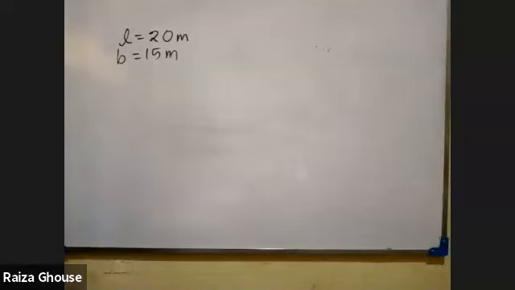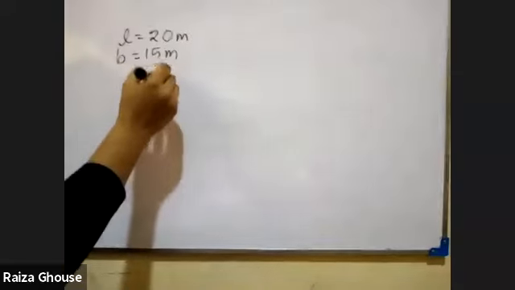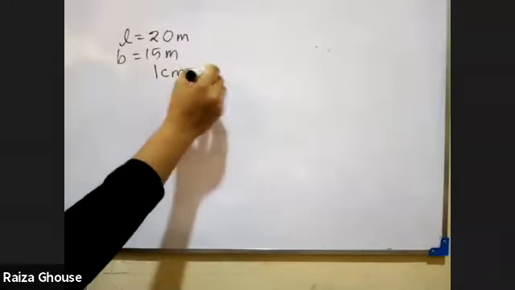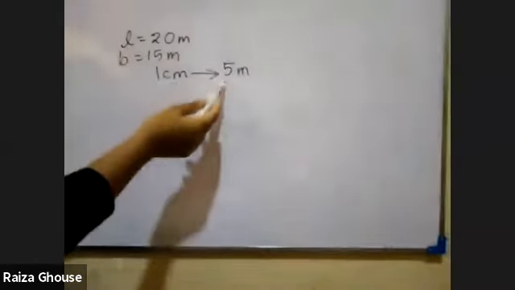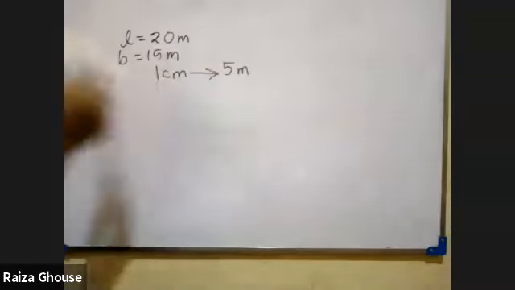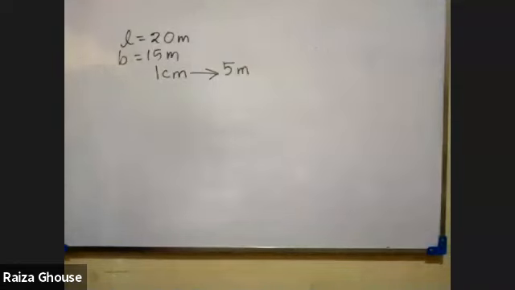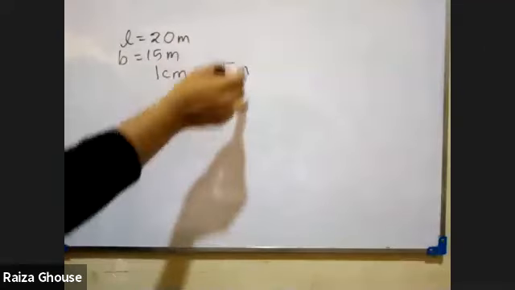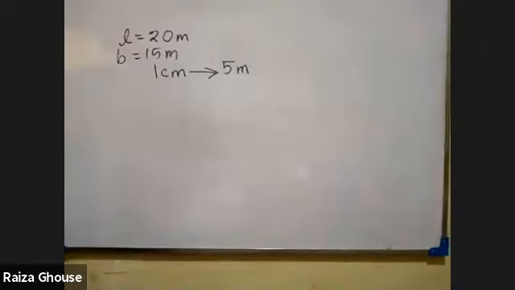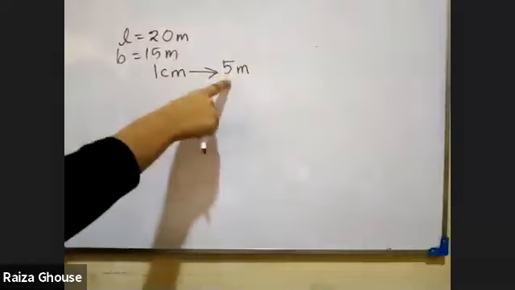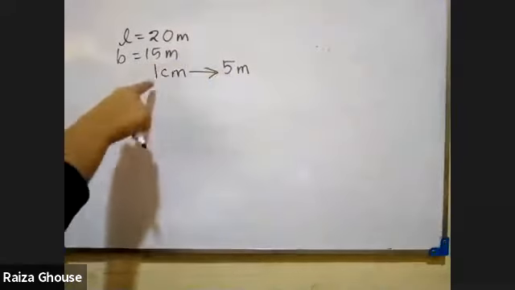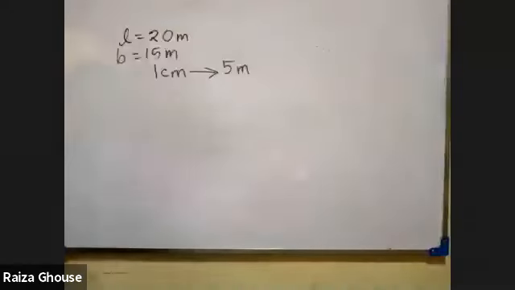Yes. Here see, 1 centimeter we can use to represent 5 meter. 5 meter can be represented by 1 centimeter. That means, children, now stop sending answers. That means you have to represent an actual length of 5 meter by a scale length of 1 centimeter. An actual length of 5 meter we represent by a scale length of 1 centimeter.